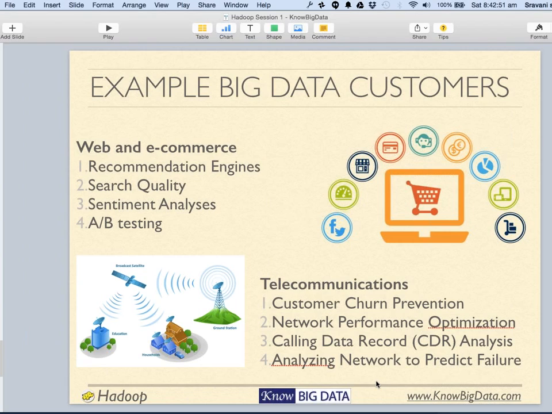A telecom company can figure it out based on what users did before leaving your network. How many calls did they make to your customer care? What was their daily usage? Where did they live? What percent of the time were they connected to the network? What operating system are they using? And a lot of other parameters you can sit down and analyze to see what exactly went wrong. So you can do customer churn prevention in many ways.